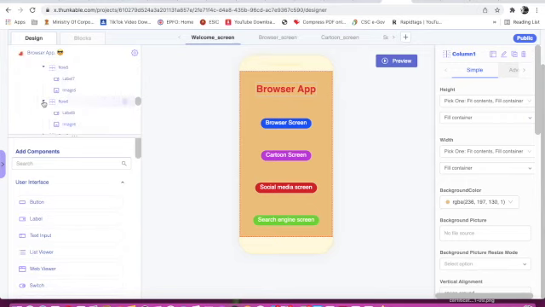Now I will hide row 6. I will hide row 5 and column 4 and social media screen.